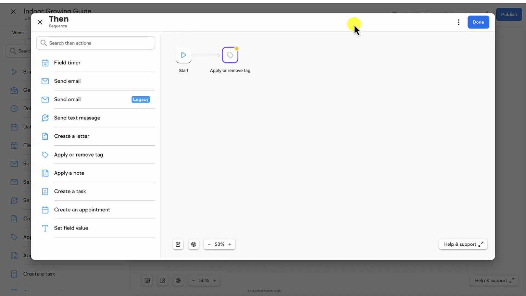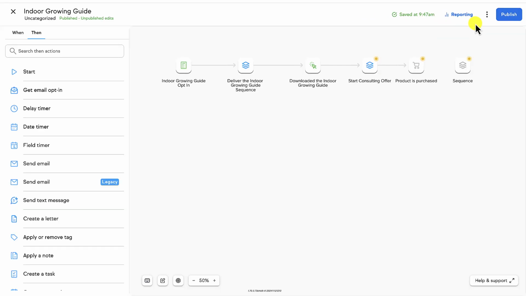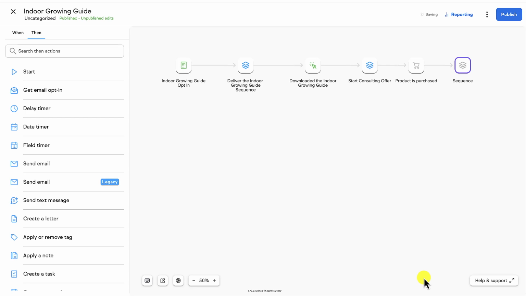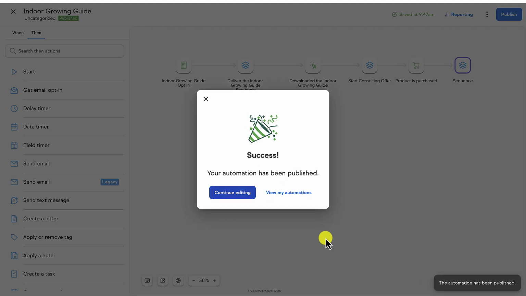So when you go into a sequence, it pops out in a window, and then you can still connect the different elements to define the automated flow you want your contacts to experience as they work through this automation. You do have some options to toggle it from draft to ready right from this level. And of course, as with before, you can publish. There's a little checklist that it runs through, and once you have published, like with before, you have access to